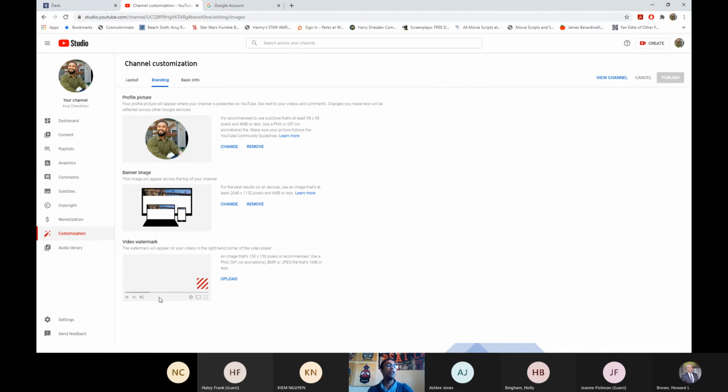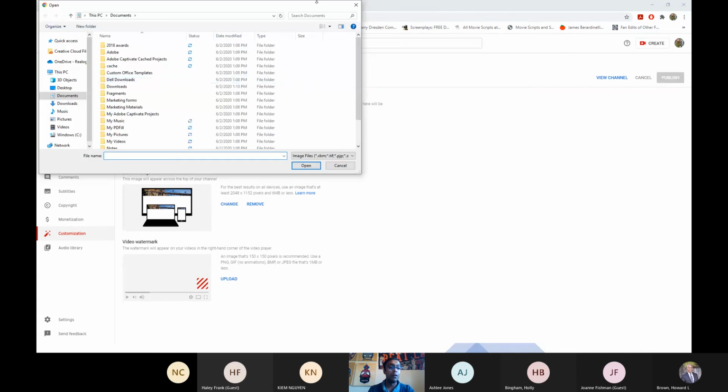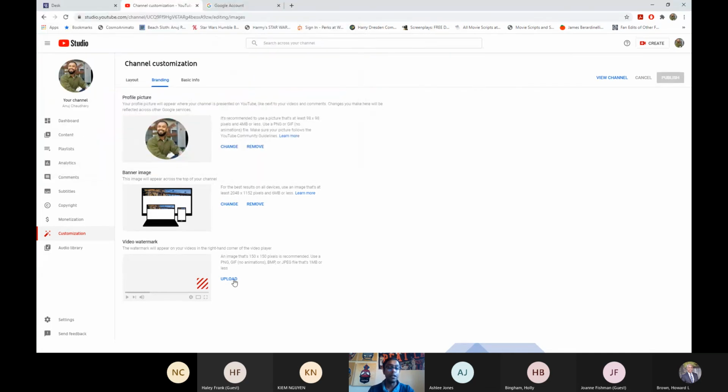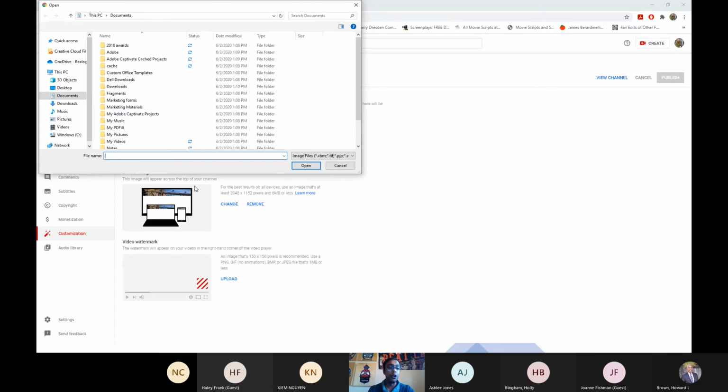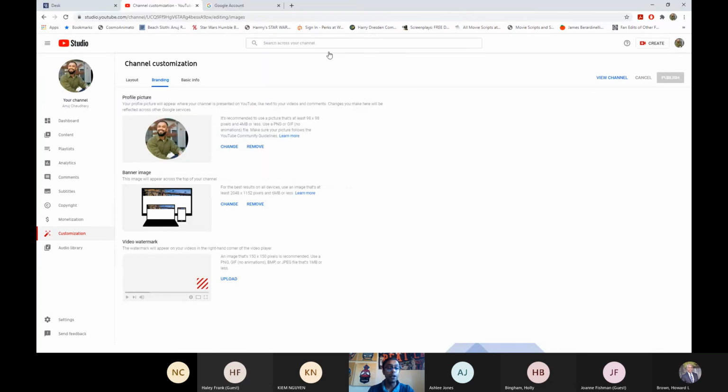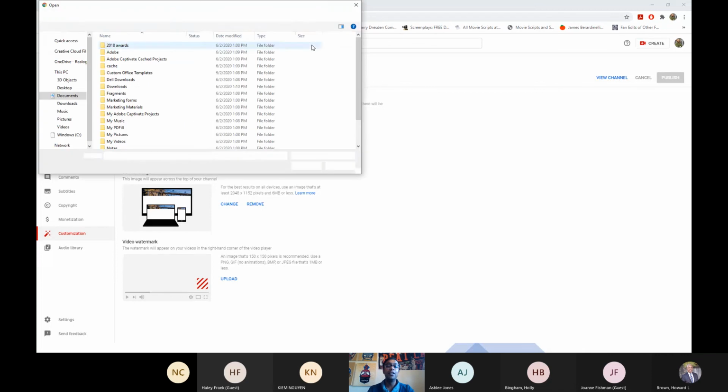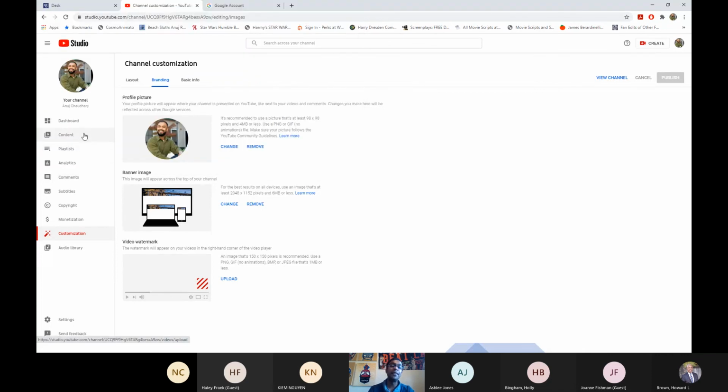So let's say you've got a logo that was created by the design team and Design Concierge and a social media banner. Here's where you can come in and upload that item right off of your computer just like you would anything else. Same for your logo. If you put it in as a watermark, it will automatically add the watermark to your YouTube videos to, again, add that air of professionalism to the channel.